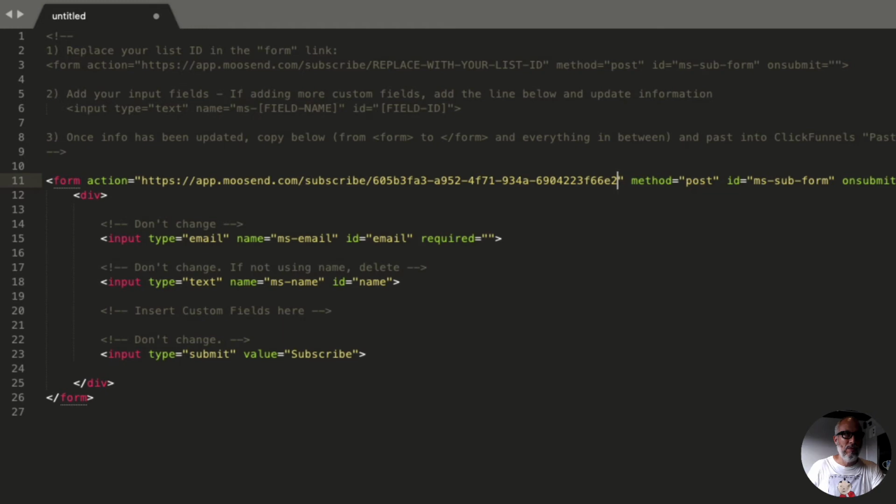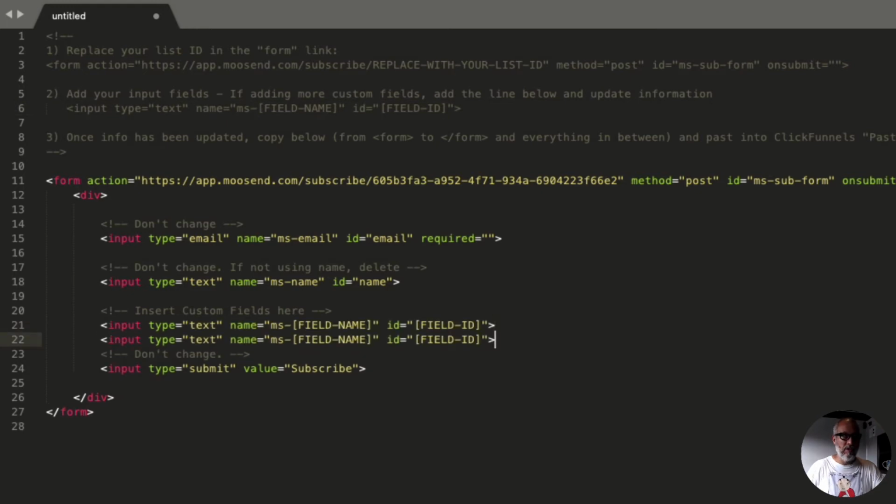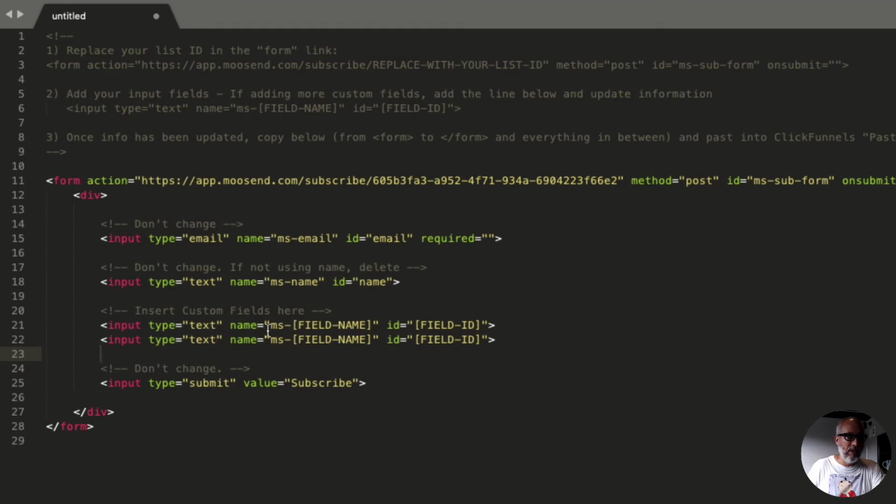And then the next thing we want to do is, I have some sample fields up here, so you can just copy this field, and we're going to add it right here below where it says insert custom fields here. And we're doing 2 of these, so I'm going to add 2 fields. Okay, and then the type is going to be text, so we're always using text field. We just want to change this part here where it says field name and field ID